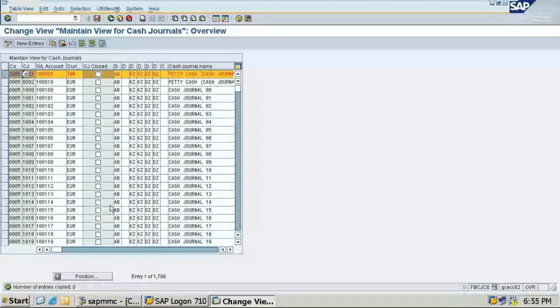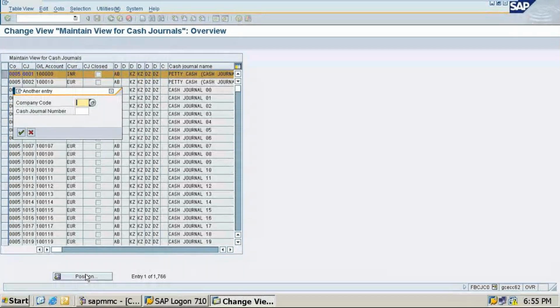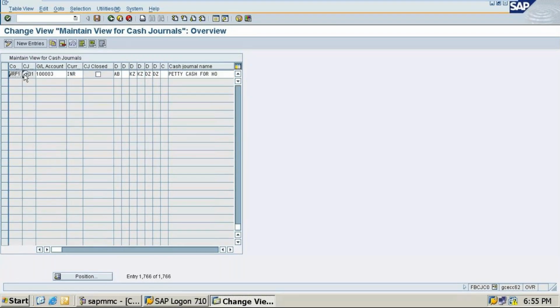Okay, let's take the positions of the company. WRP1, I have created this one. So cash journal number also I have given, WR01. I have given enter. So you can see I have given WRP1, and here I have given WR01, and this is for petty cash account.